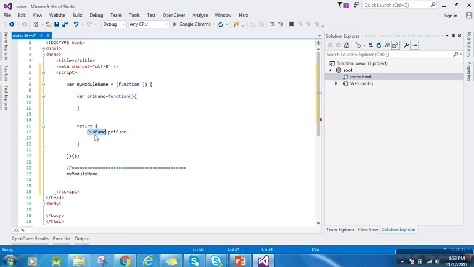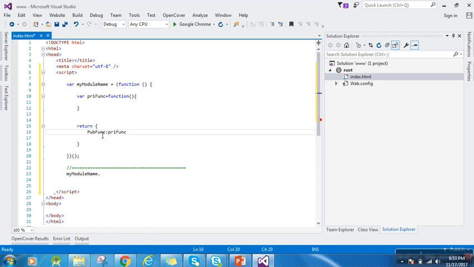But if I write anything inside the return, if I make any alias for this function, then this function will be treated as a public function, right? So this is nothing, you can say, it's a JSON object. If you are aware about JSON, then it's just a kind of JSON. You are just defining key and value,